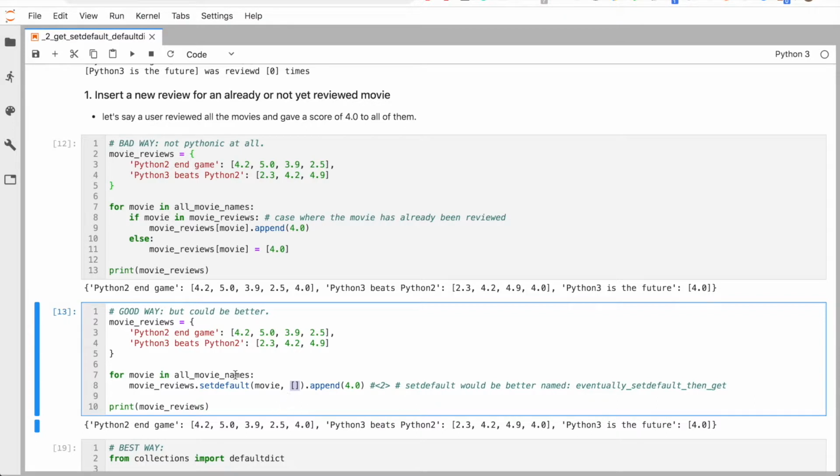So for this movie, for example, when we are looping here, because this movie is already in the movie reviews, the eventual part won't be done because the movie is already in the dictionary. So we are just doing the get bit, which is why when we do setDefault here, we pass in this movie. We are just doing the get part, which returns to us the list,